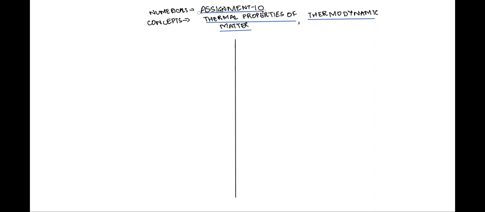So some important concepts in the chapter Thermal Properties of Matter are as under. So first thing, in this chapter, you are told how does a thermometer work, or how do such devices work which are used to predict temperature. Let's say one is a pressure based thermometer or a gas thermometer. So for a gas thermometer,